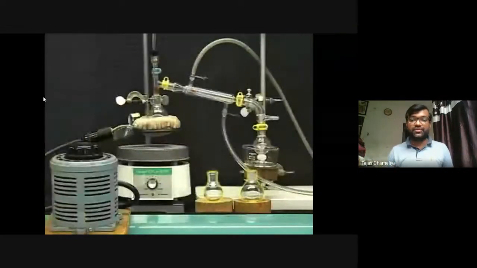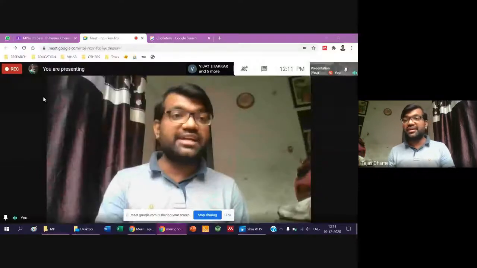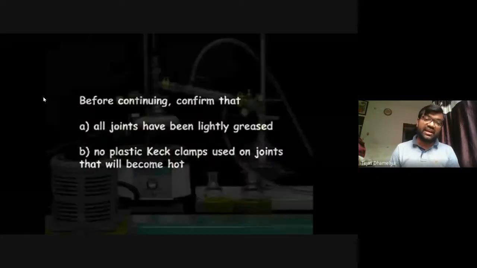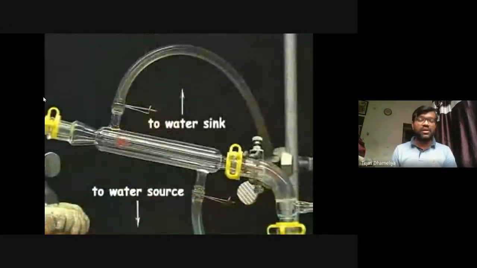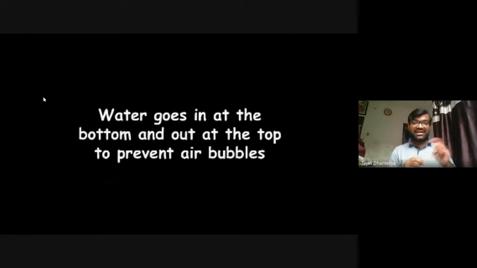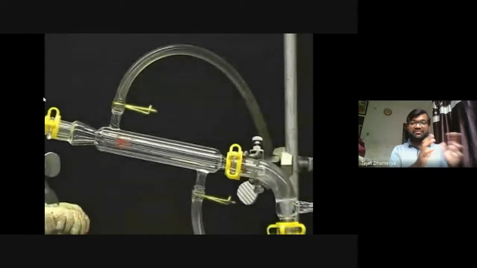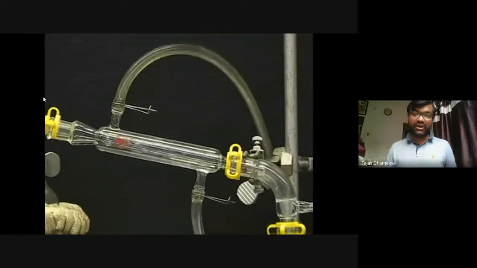And as I have discussed with you, the connectivity should be confirmed. We have to confirm that all the joints are completely greased and there is no kind of leakage. Okay, grease is more important. But we have to take care that the grease does not leak and mix into our solvent. So proper greasing is required. Not too much grease we should use. You have heard the name of grease which is used on joints to avoid friction. This grease is nothing but something called paraffin oil.